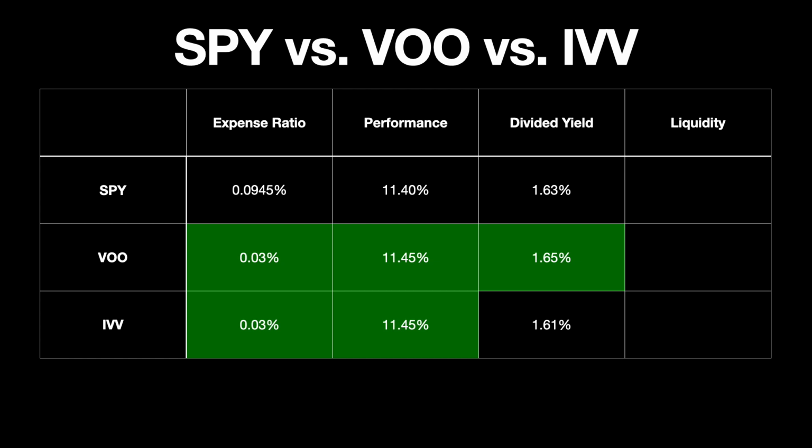Next, let's look at liquidity. That is, how much are these stocks traded and how popular are they? Well, make no mistake, all these ETFs are very popular and they are going to be very liquid, so it's not much of a concern, especially for buy and hold investors. If an ETF was not very liquid, it could be difficult to get in and out of it, and there might be more of a spread between the bid and ask, which could result in overpaying on order entry. Again, this is not really a concern with these ETFs,